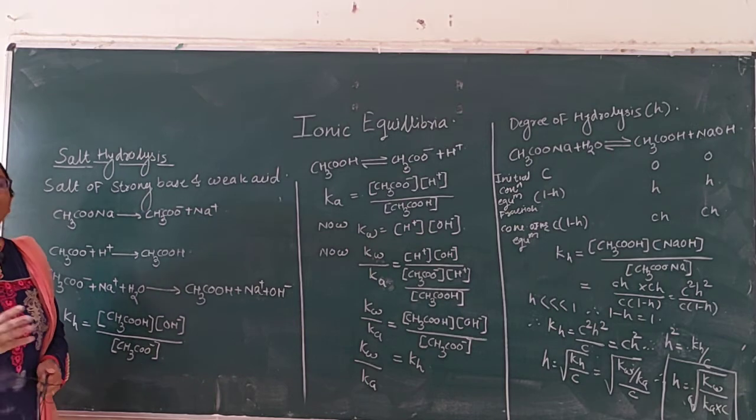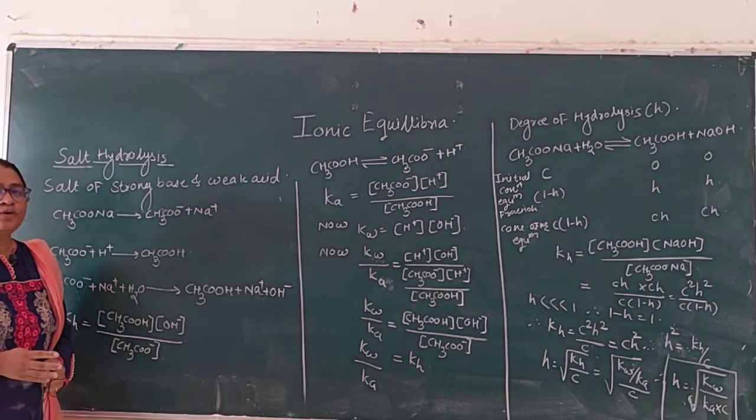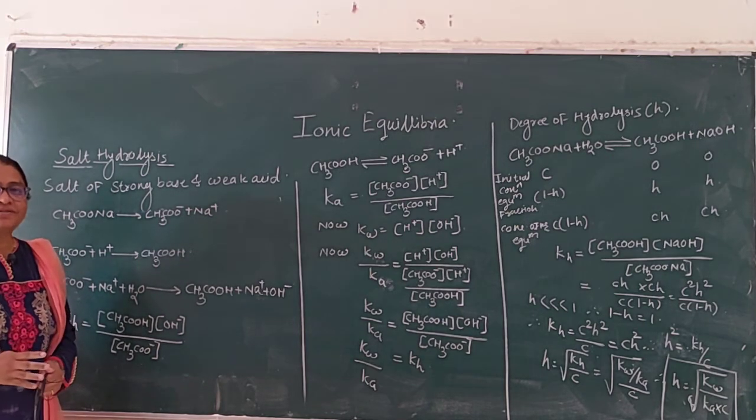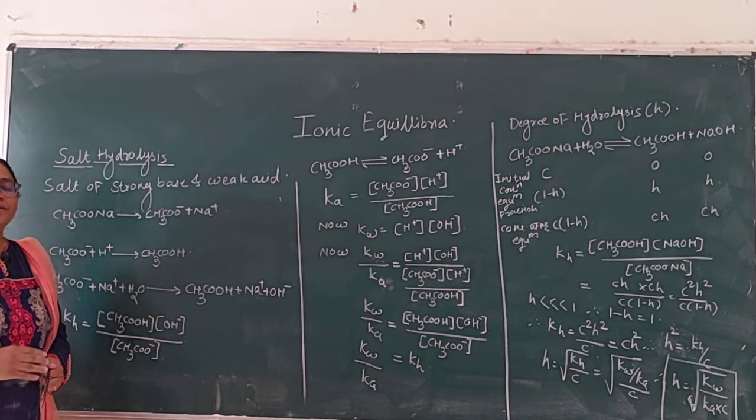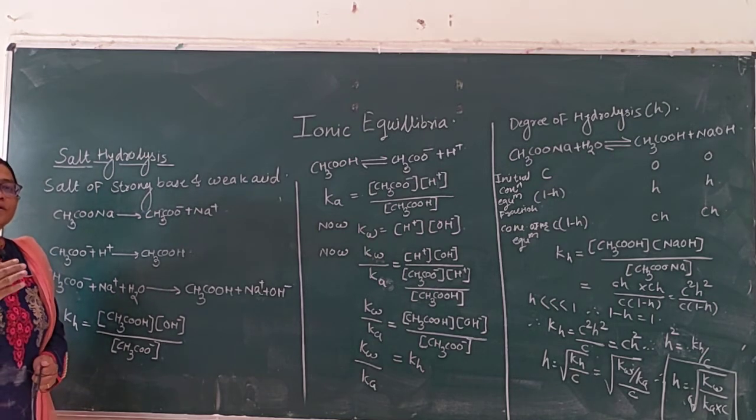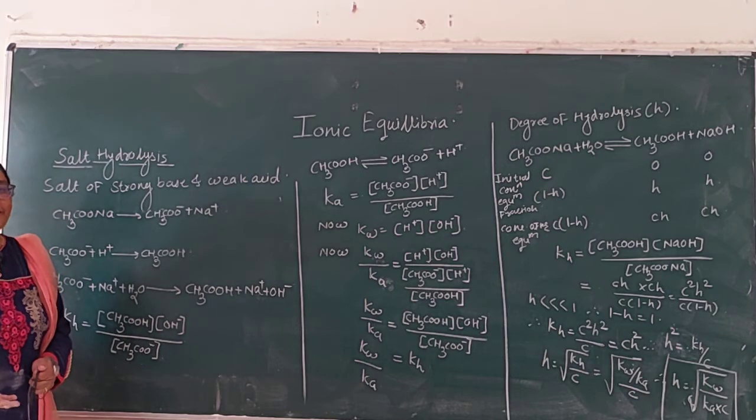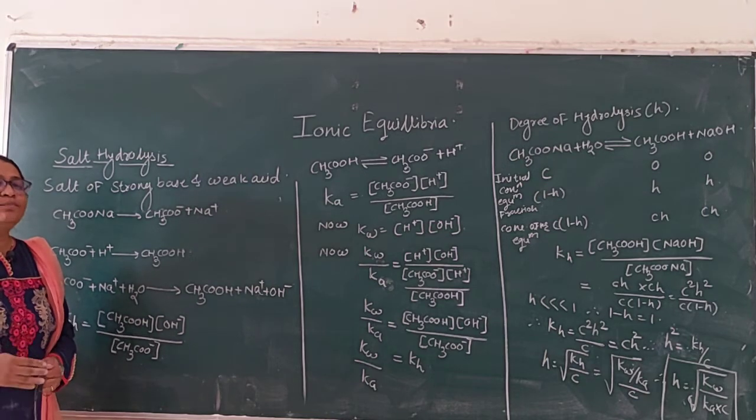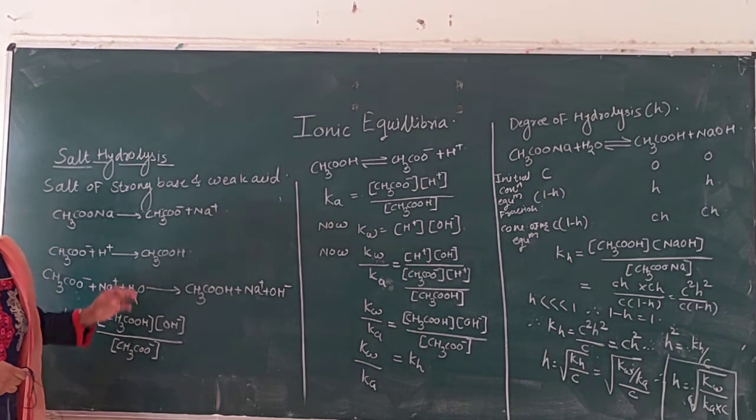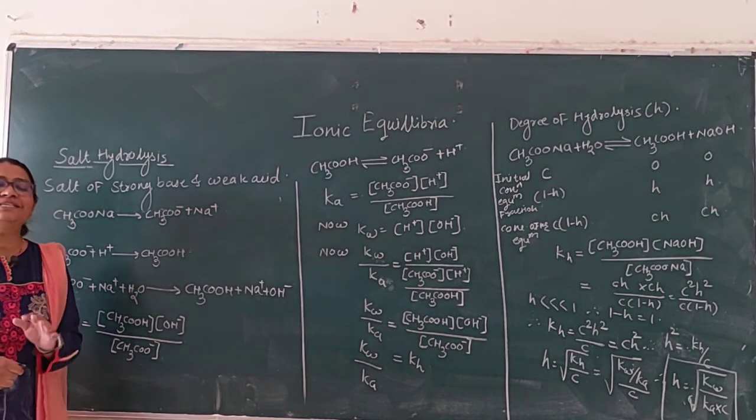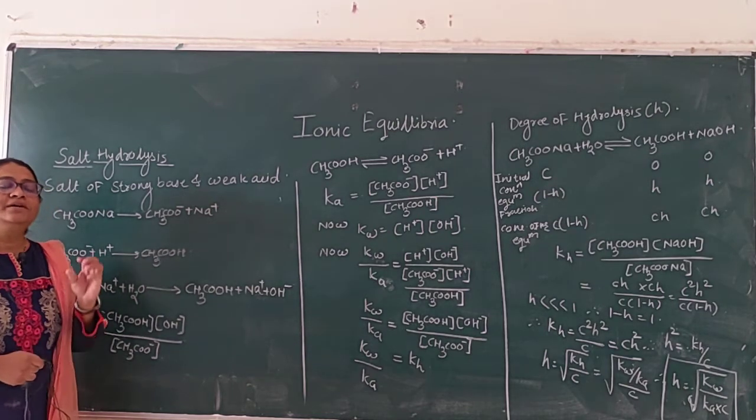We have seen that there are 4 types of salt: a salt of a strong acid and a strong base, a salt of a strong base and a weak acid, a salt of a strong acid and a weak base, and the last, a salt of a weak base and a weak acid. Now we are going to see their hydrolysis. In the last lecture we have seen that the salt of